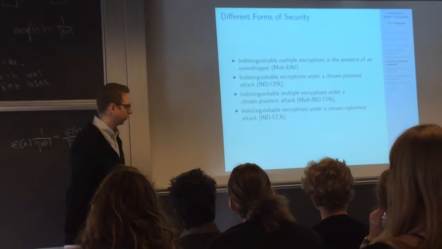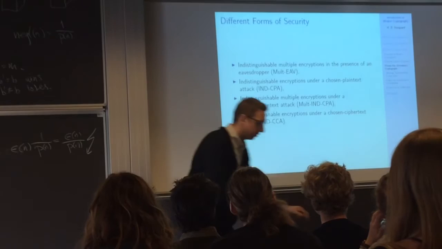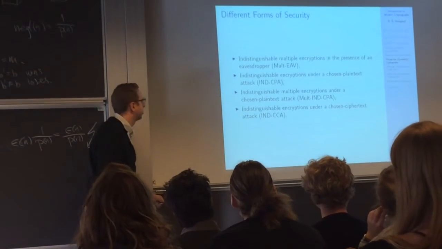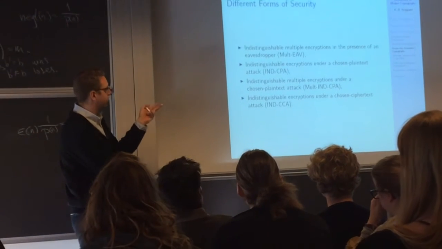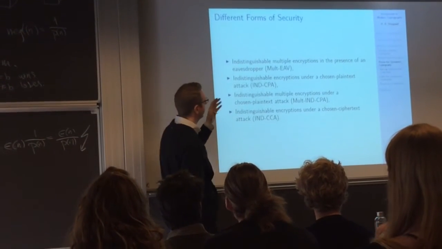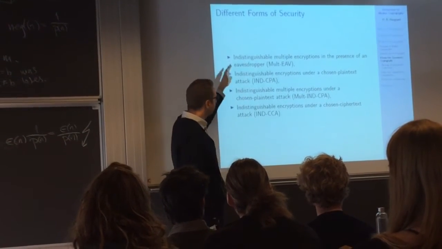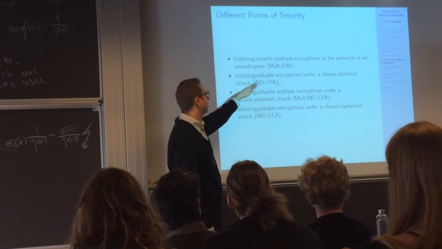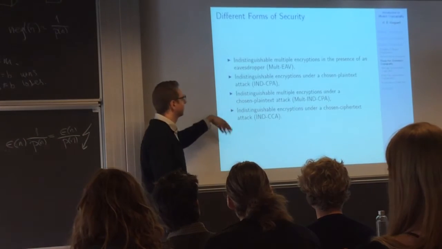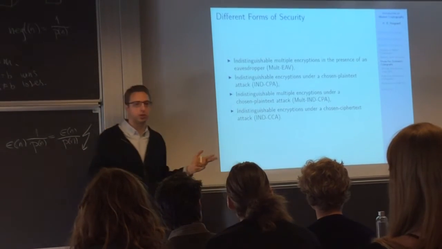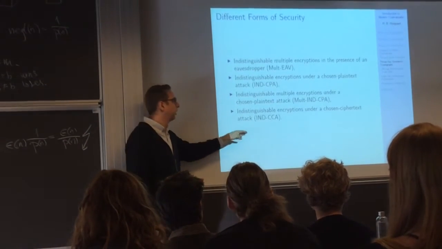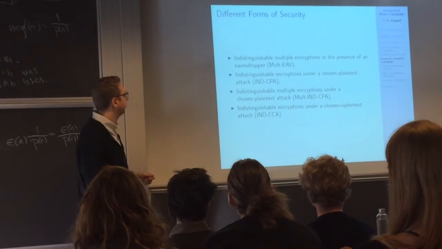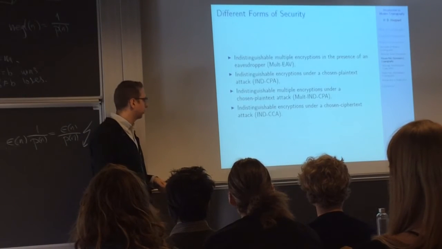So brilliant work. All right, so I don't know about time. 43, okay. I'm going to try and hurry up a bit because this is basically symmetric key cryptography. And we have different variations. We have multiple EAV, we have indistinguishable encryptions under chosen plaintext, and different sorts of security, and it gets stronger and stronger. Because if he can do plaintext and ciphertext, then the adversary has more to work with.